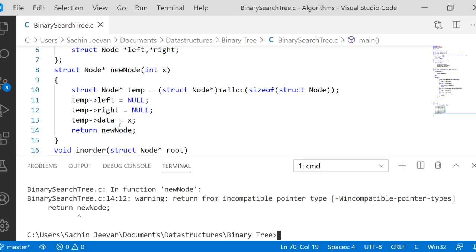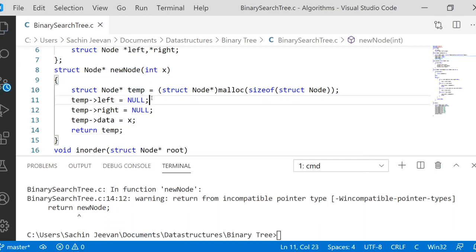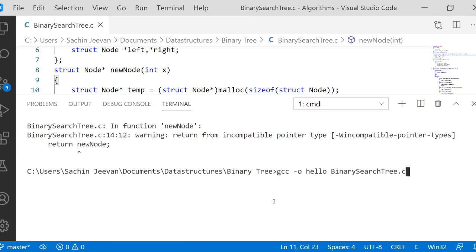Sorry, here there is no pointer called new node. We should have written temp. That's one mistake we made. We should use return temp. Fine. Now we go for compilation again. No syntax error. Now we go for execution.